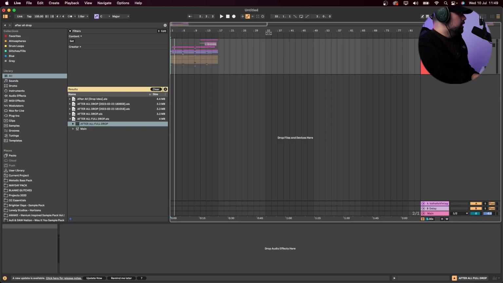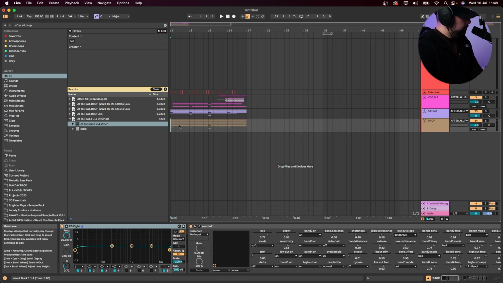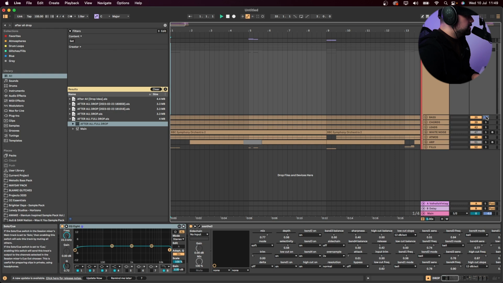But as a bonus, I want to show you how much of a difference using atmospheres in a drop makes as well. Because this, to me, just blew my mind. So we've got the After All drop open here, straight from the track. So it's exactly as was. Quickly I'll walk you through the layers. So obviously we've got bass,